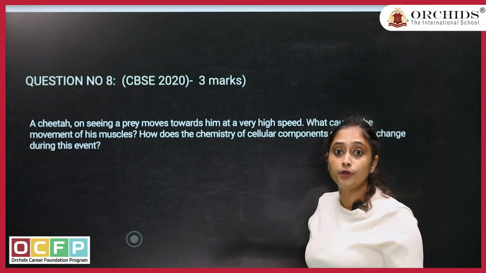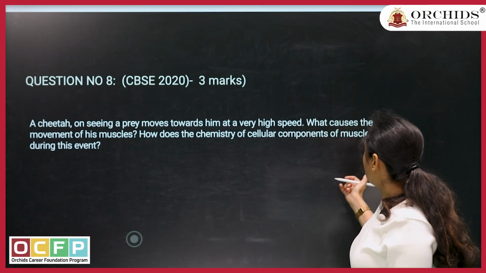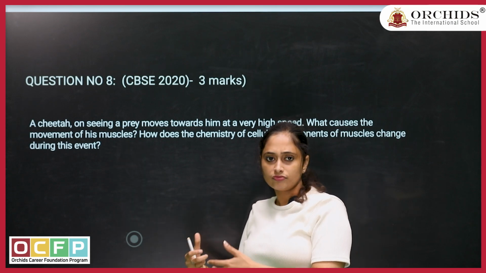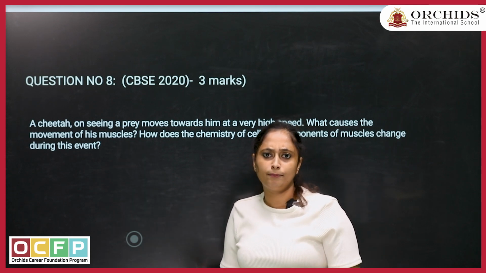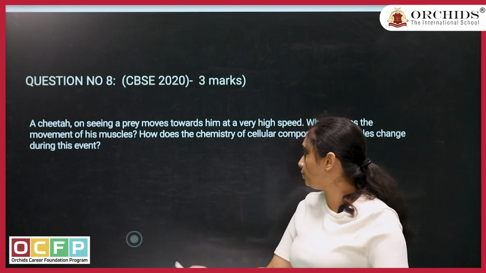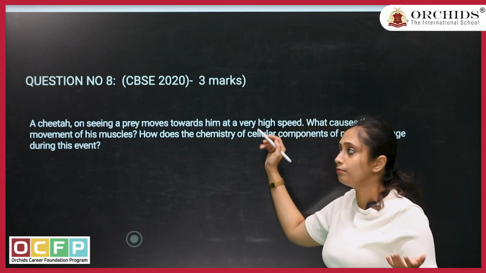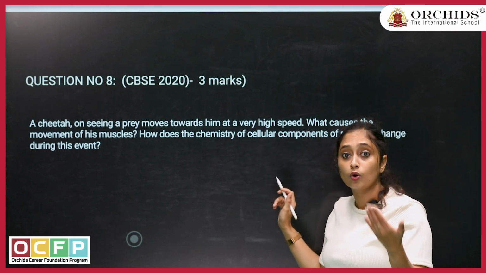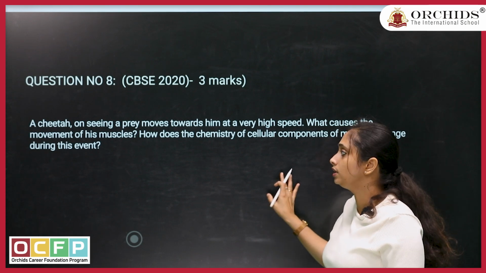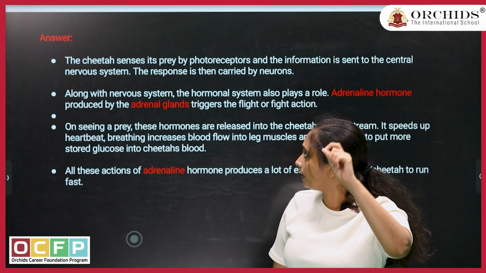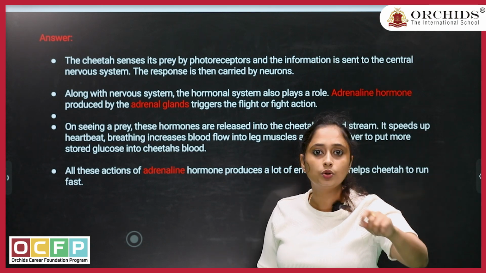How the glucose is produced more, because of which hormone you need to mention, and how the muscle movement also takes place much faster, that you need to mention. And what is the chemistry of the cellular component, that means what all hormones and chemical components are helping for this. If you explain these properly as points, if you are writing the answer, don't write